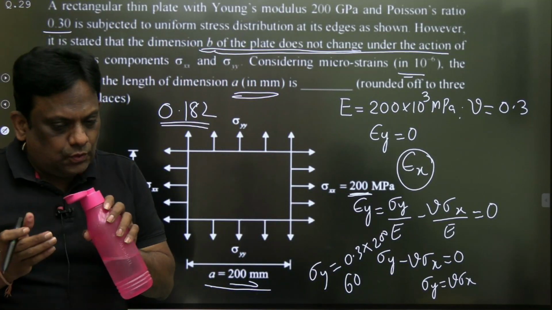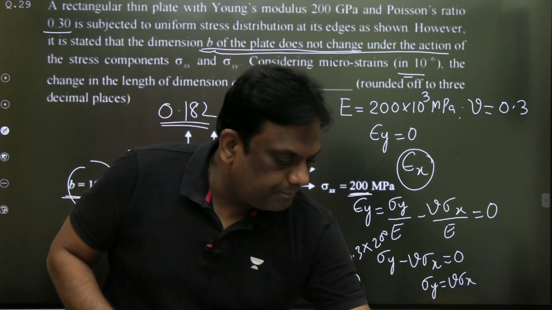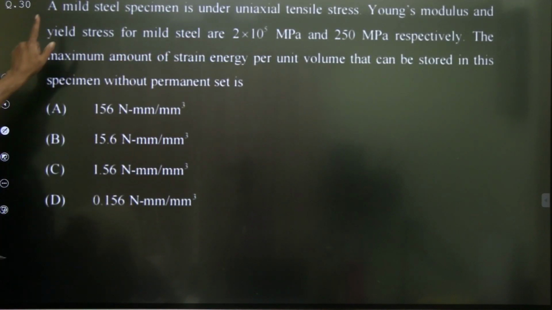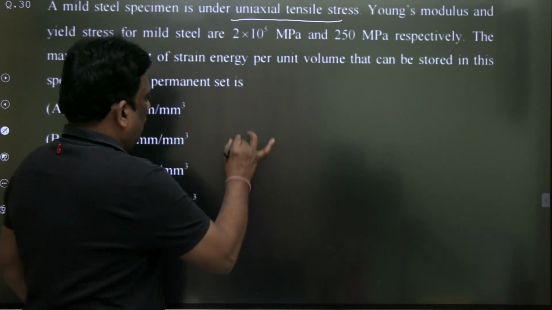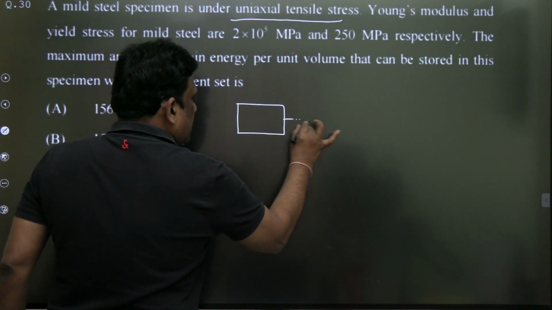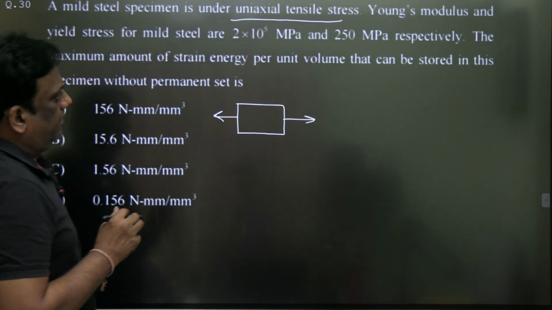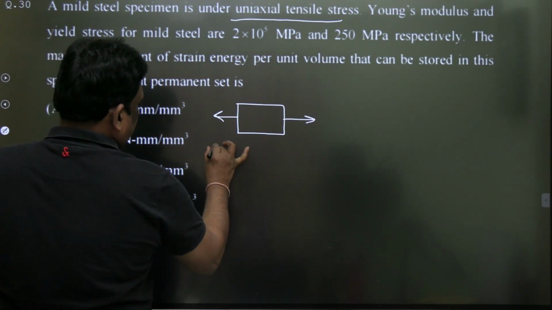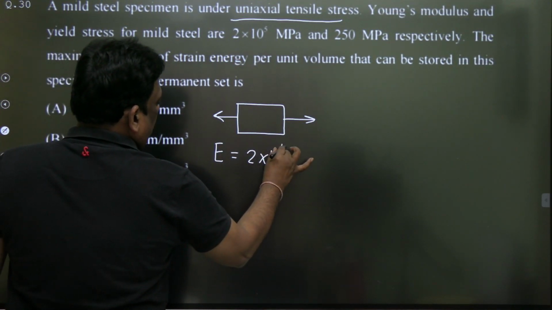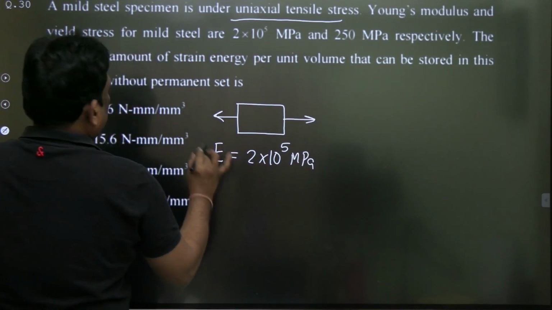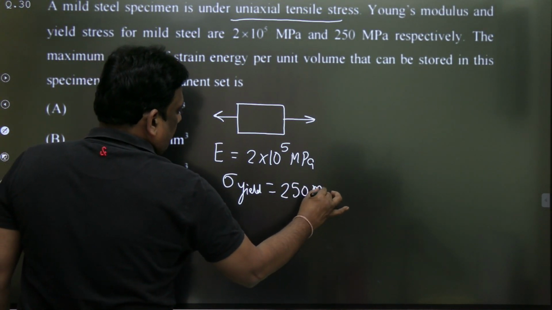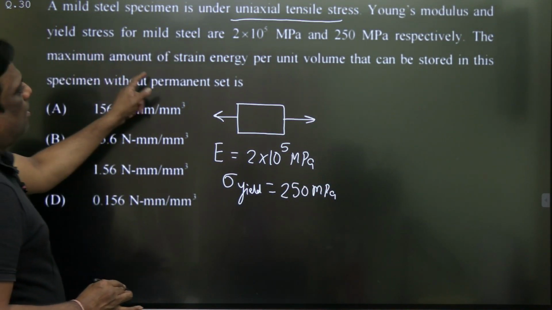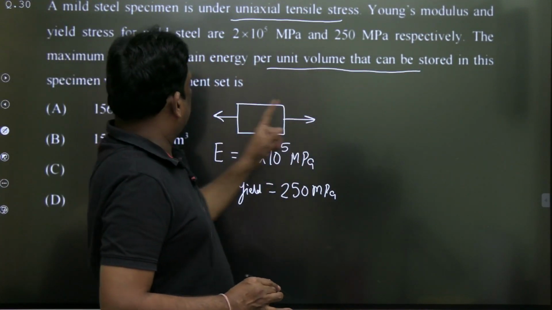Okay, let's move to the next part. A mild steel specimen under uniaxial tensile load. This is the member, and this is uniaxial loading. The Young's modulus is 2 into 10 power 5 megapascal, and the yield is given as 250 megapascal. The maximum amount of strain energy per unit volume that can be stored in this specimen is,